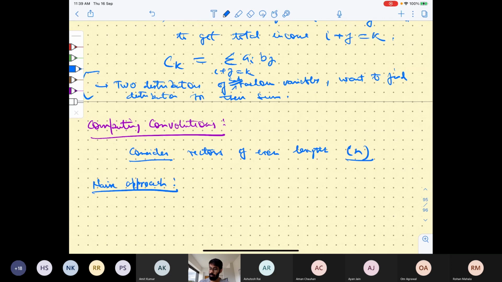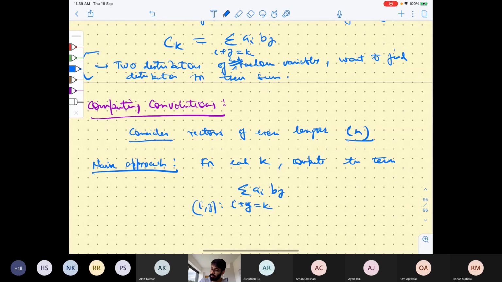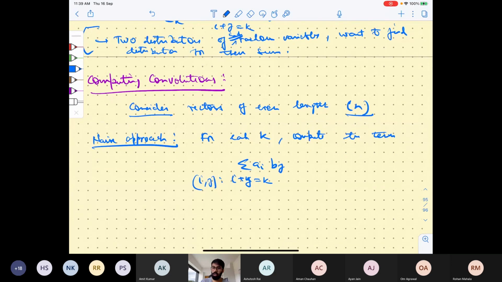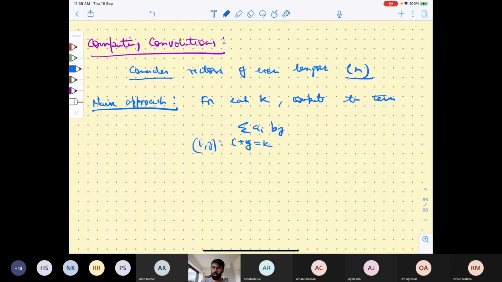For each k, what is the definition? Compute the term summation a I b j over I plus j is equal to k. So basically, what you are doing is computing the whole thing. So find a I b j for every pair,